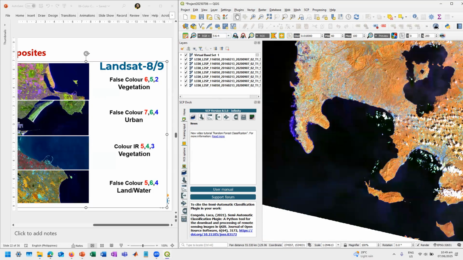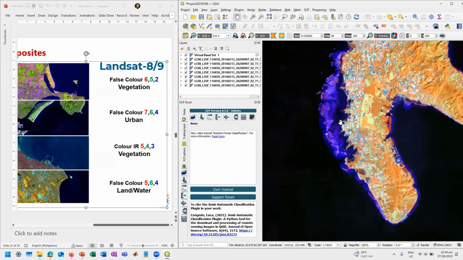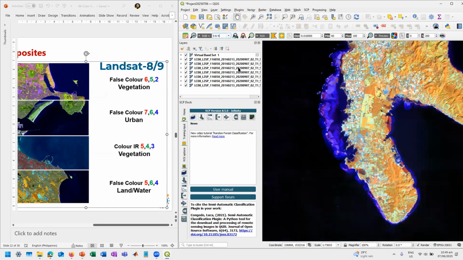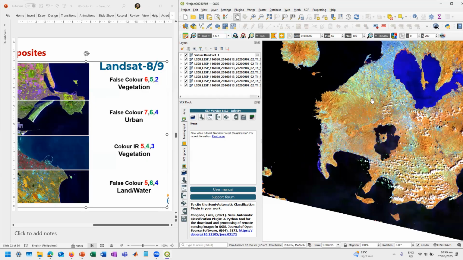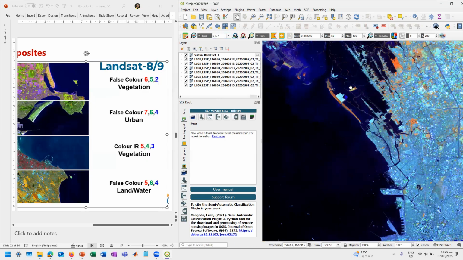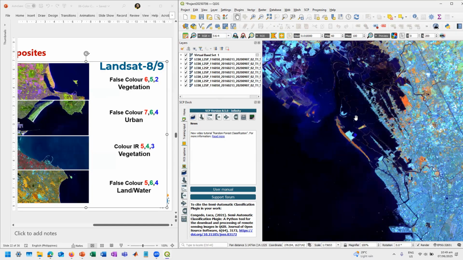Also, for example, this one, yung area na to. So again, let's go back to 432. Hindi kita na may tubig dito. But when you go into 564, you can see that there's water. This one also.